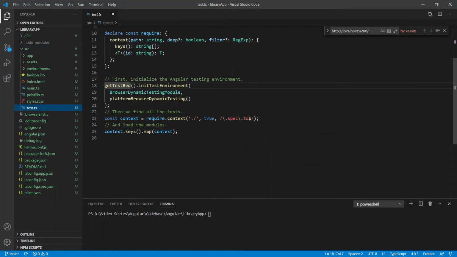Test.ts. Test.ts is the entry point of the test runner. Don't bother about this file as of now. We will explore more of it when we will be dealing with the test cases. Then we have